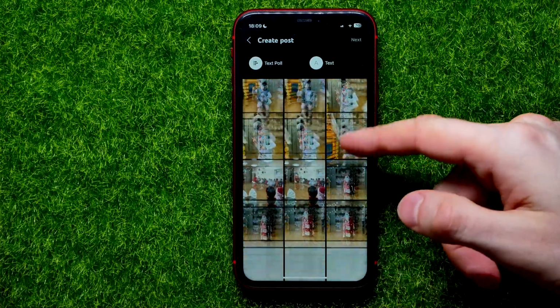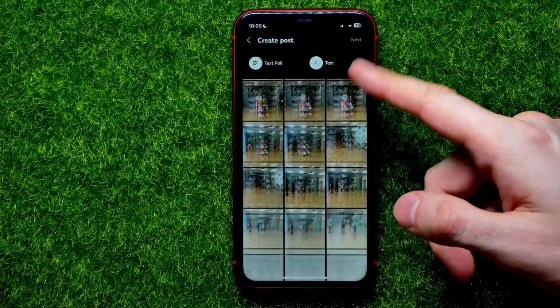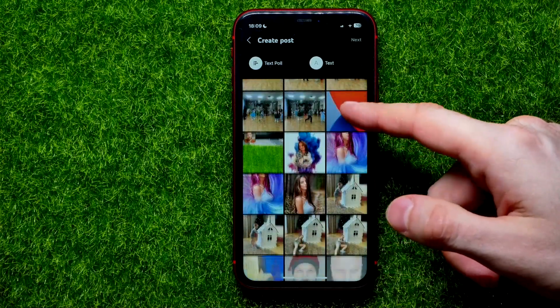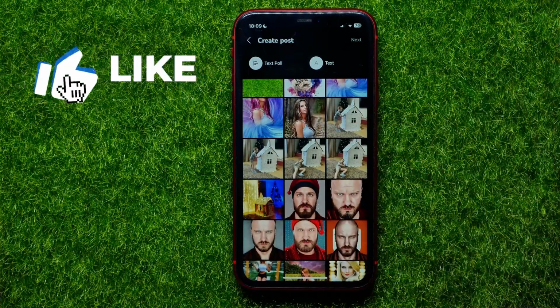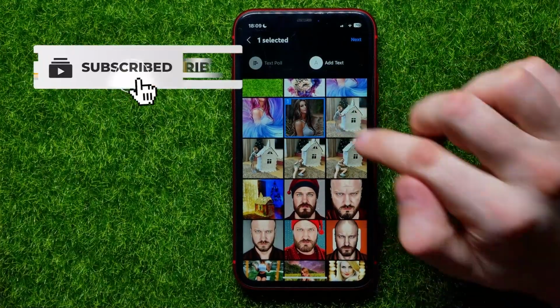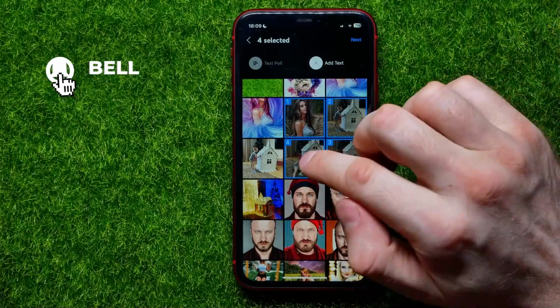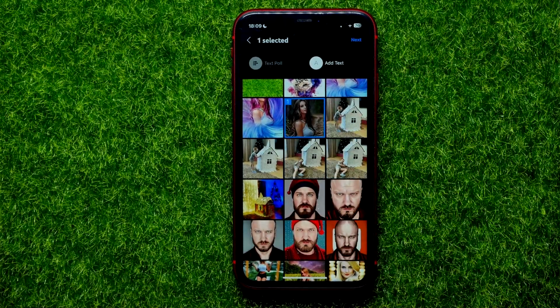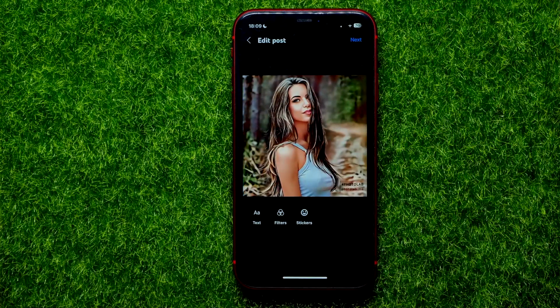You can just scroll down and then select a photo. Let me find one. Let it be that one, for example. You can select multiple photos at the same time, but I'll just pick one photo. Now you can hit right here at next, and on that step you should know that YouTube allows you to